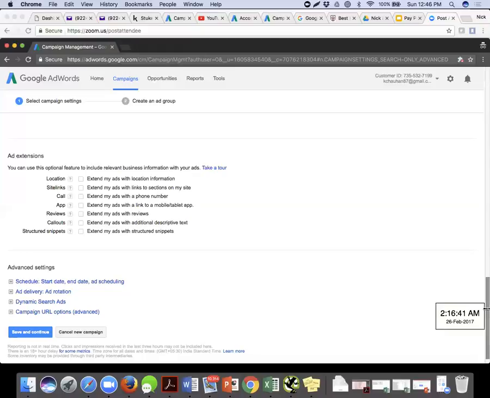And even reviews. If people have given us reviews on our website, we can feature them in our ad. I think the other day when we were seeing ad extensions, I was asking you to observe that one ad has 3 lines, the other ad has 4 lines. There was a review from the Economic Times or something, right? It was yesterday or some other day. So we'll learn all this as we move further in the next session. The next thing is schedule start date and end date and ad scheduling. The same thing which we were talking about.